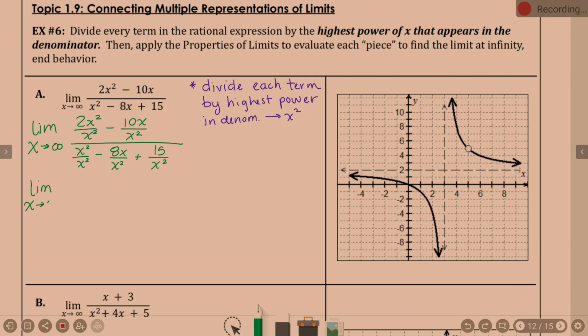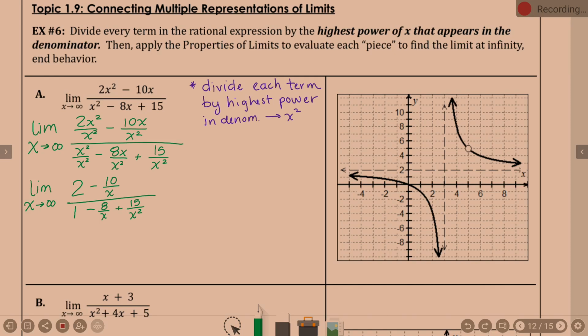Limit as x approaches infinity. I'm going to clean this up a little bit. Now, 2x squared over x squared cleans up to be 2 minus, what's 10x over x squared cleaned up to be? 10 over x, if you will. In other words, if you cancel an x, the 10's still there. There's still an x in the denominator, so 10 over x for the moment. Divided by x squared divided by x squared is 1 minus 8 over x plus